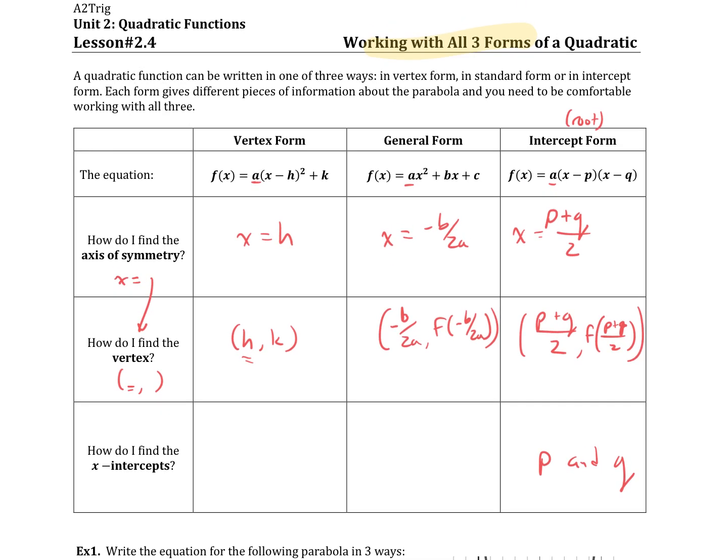How do I find the x-intercepts? This is when y equals 0. Solve for x when y equals 0 by factoring, like this again was the main thing you did in 8th grade, or quadratic formula. Okay, and then